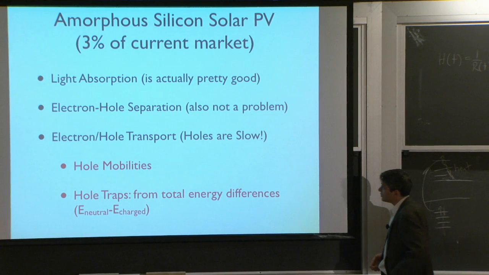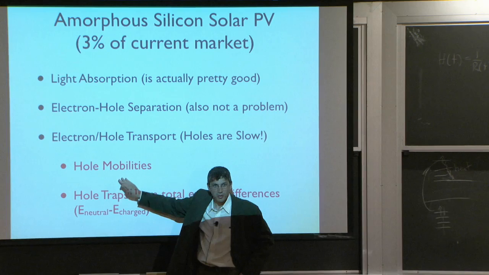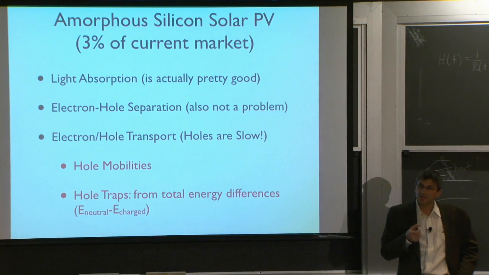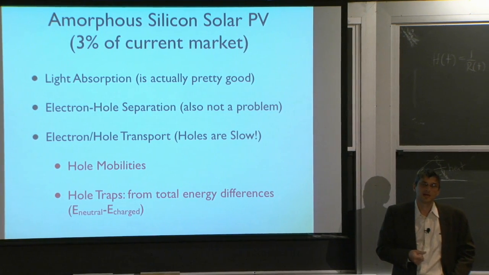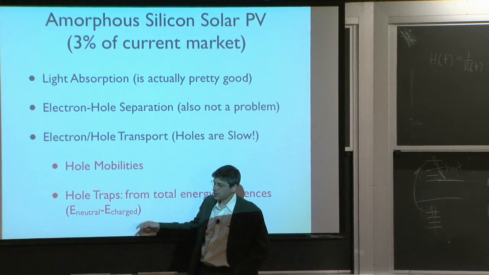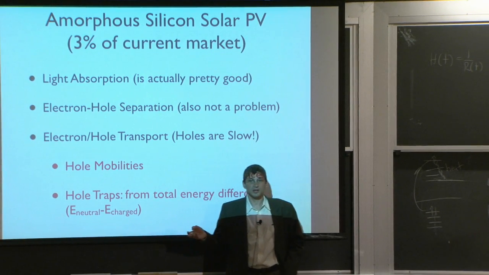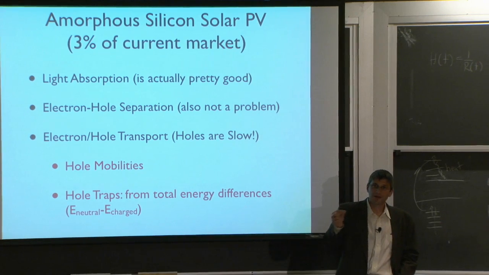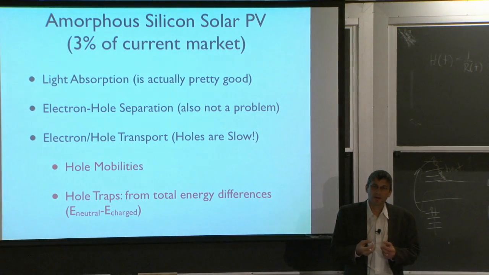Now, what you can do with the calculations you know how to do is you can calculate the whole mobility. And actually, you can also calculate whether the amorphous material wants to trap a positive charge or not. The way you do that is, in the code, you simply calculate the structure with and without a positive charge in it. And you get an energy, right? And then you can compare that from one structure to another and try to understand something about why this material